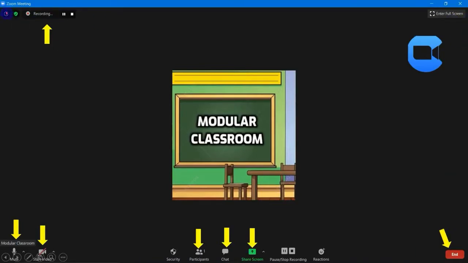After entering into the Zoom meeting, this is how the screen interface looks. See in the top right corner, this shows the information, and this shows that the Zoom meeting has been encrypted. This also gives you information about the recording. That is, recording is automatically enabled in the Zoom platform, and you can pause and stop the recording also. And in the bottom,